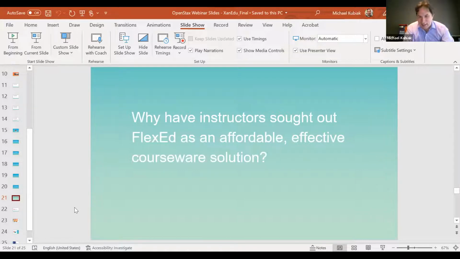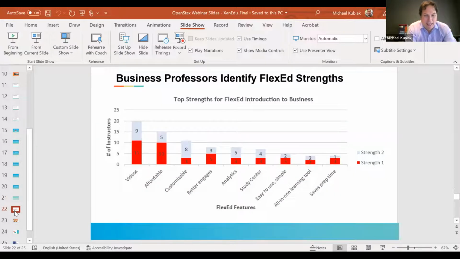And we're gonna reference several of those as we go through and give the group a brief demo of the FlexEd platform. And the other reason I mentioned Dr. Hyatt providing our perfect segue is we at XanEdu just recently conducted a set of interviews and reviews of the FlexEd courseware platform with a group of Introduction to Business instructors, including some department chairs and course coordinators as well. But all of them have taught the course, are teaching it currently, or have taught it this year and plan to continue to teach it.